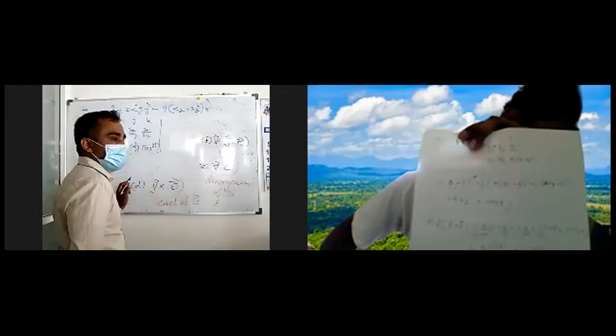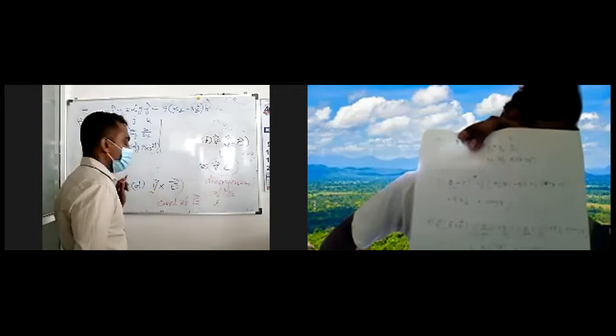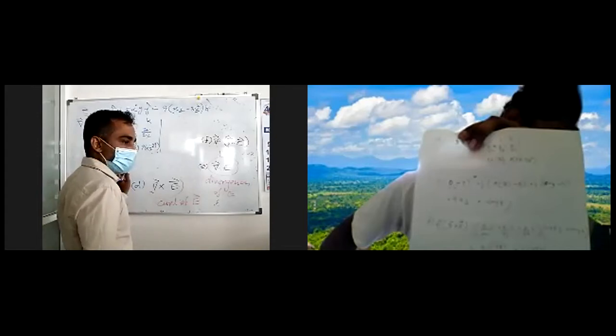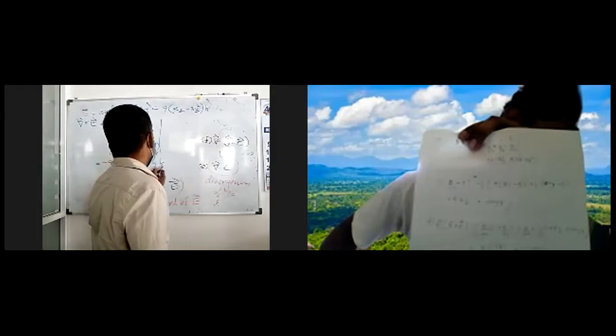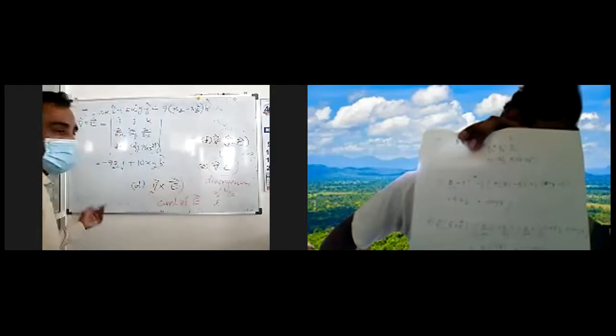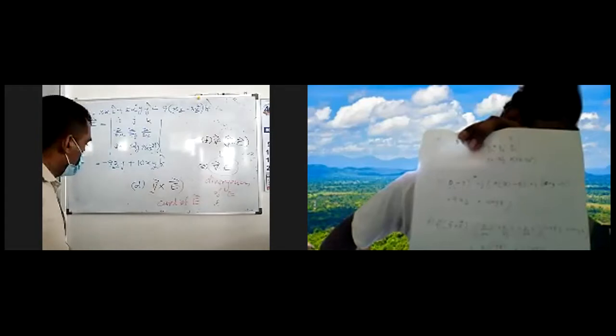So what is the answer, Kasun? Minus 9z j plus 10xy k. Okay, there is no i part. I mean, there is no vector in the x direction. Right. Next is